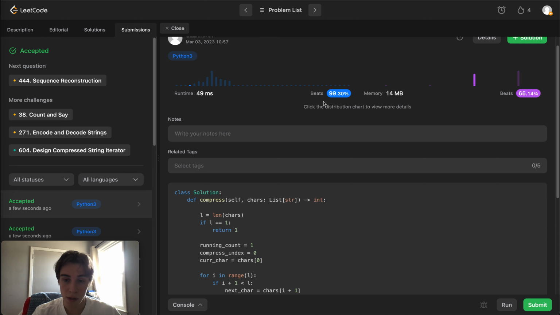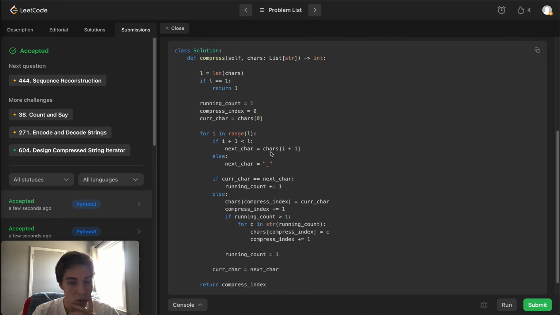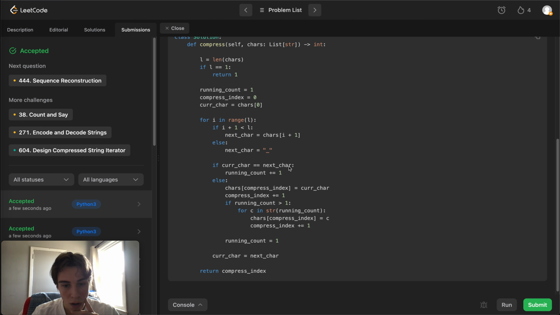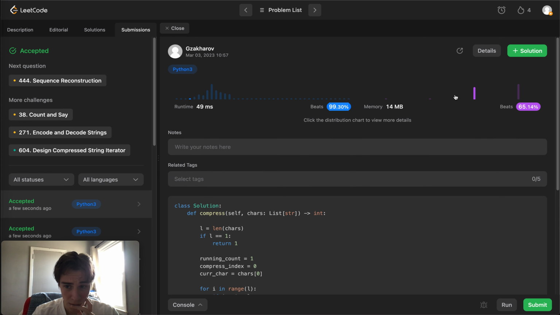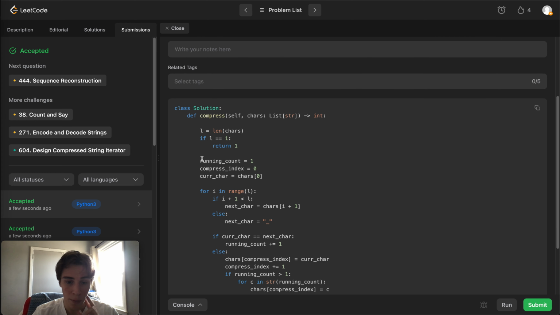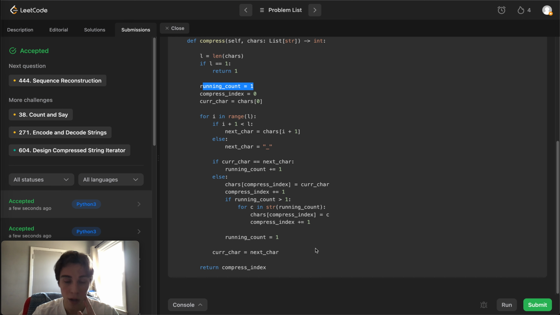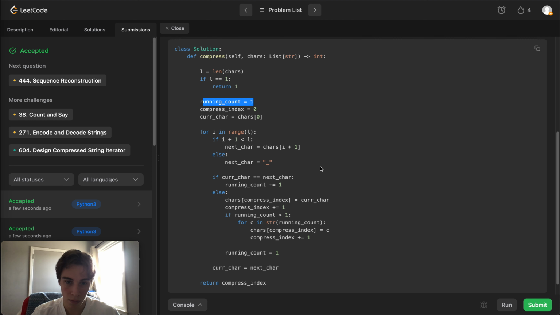Sweet. So yeah, beats 99%. I'm not sure you're gonna find a better solution. Yeah. Sweet. And we are doing this in constant time, by the way. We just have a couple of variables to keep track of different logistics of the algorithm, but the algorithm itself is sound and